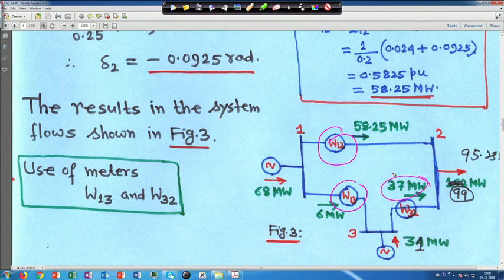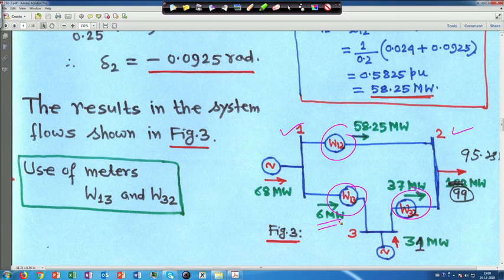Similarly, if you take this reading and this reading, these 2 watt meter readings, and find out delta 1 and delta 2, then you will see that this reading is not 6 megawatt, it will be different. That means you basically have redundant readings. You need actually 2 readings, but you have measured 3 values, right. But in state estimation we will see all these redundant values, that we will take all this measurement and try to go for the best estimate, we will see that later.